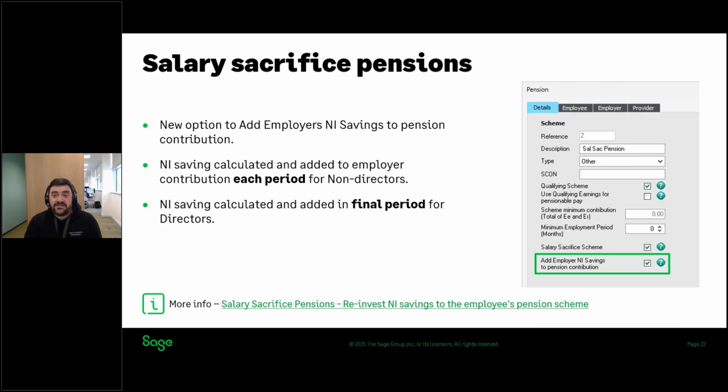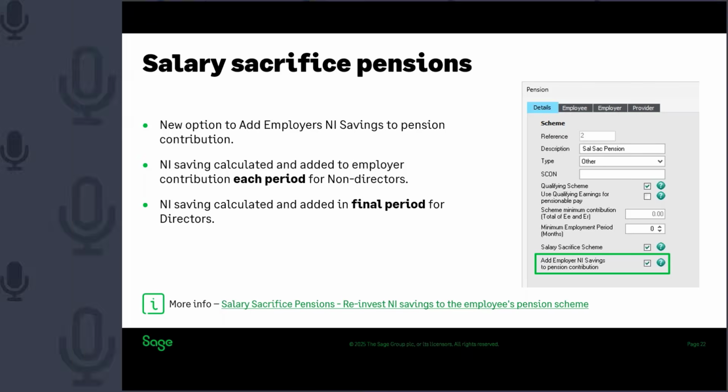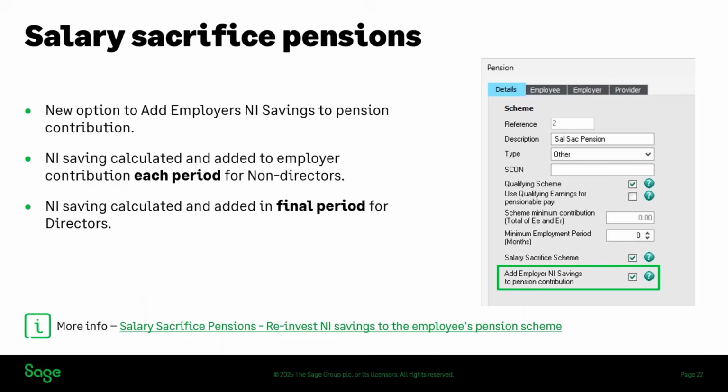So previously to this feature, if you do include employer NI savings, you've probably done it as fixed amount contributions. So this is something that could be a good time saver for you in the future. So I just want to show you those two features. If I just return back to the demo,